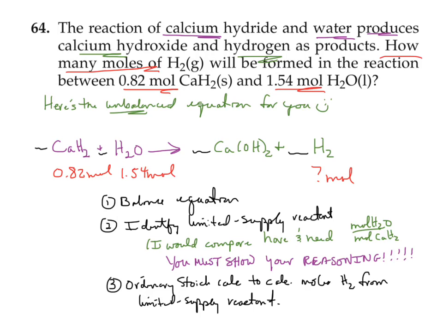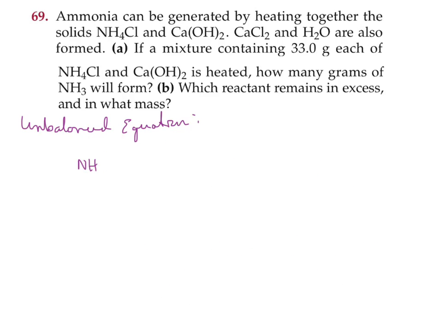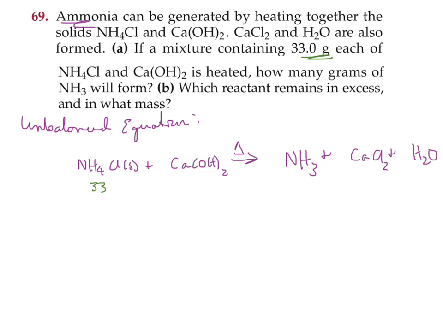Easy for me to say. Now, if those weren't too bad, then this one must be bad. And it's not terrible bad, but, okay. This is very, very, very similar to the nitrogen and hydrogen going to form ammonia that we just did. Now instead of moles, we're given mass. Actually, we have 33 grams of both. And you will need to balance